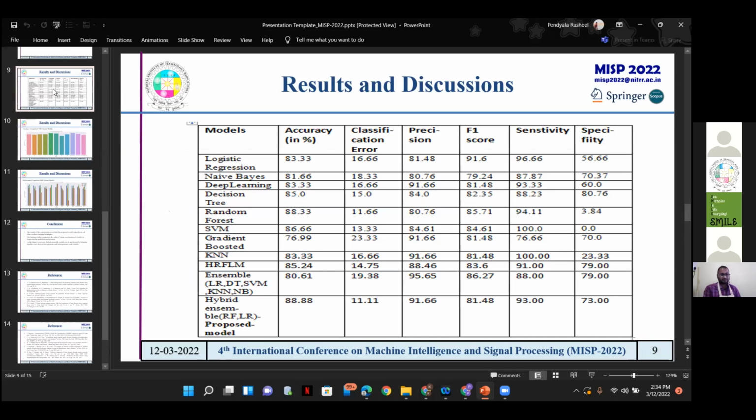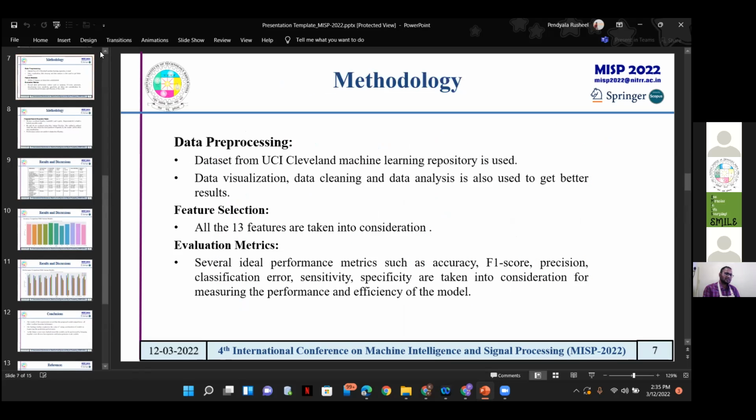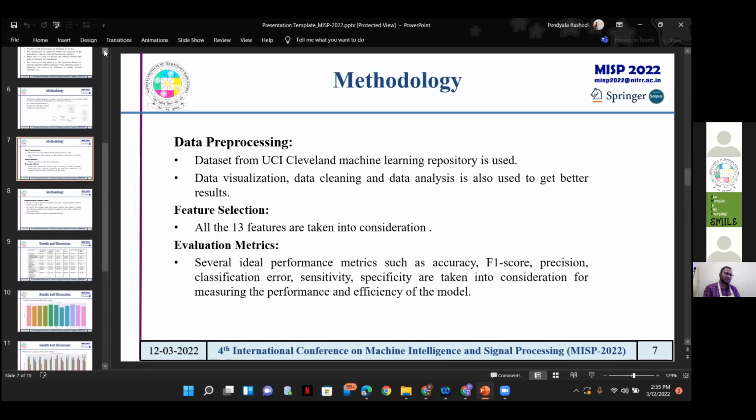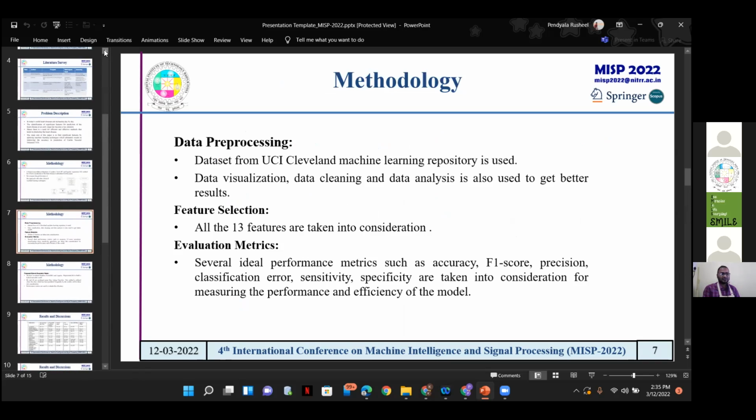Yes, sir. Actually, we took a data set of only 303 records. So I think if we increase the size of the data set and also remove the missing values, or replace them by some mean or something. Second thing, you are telling logistic regression. What is your formula for logistic regression? You're telling it is linear. Is it the equation of a line or something different? It is a sigmoid kind of function. Sigmoid function, yes, sir.